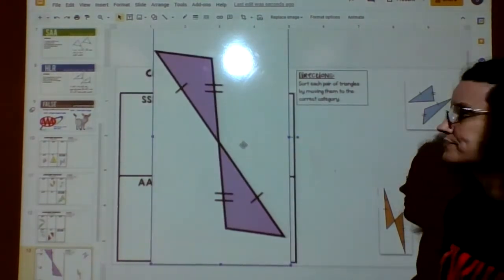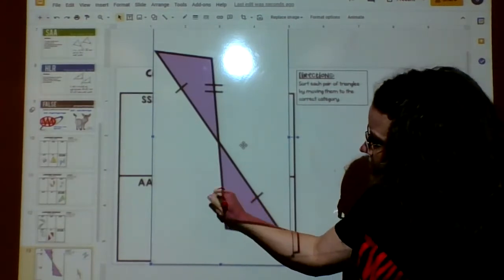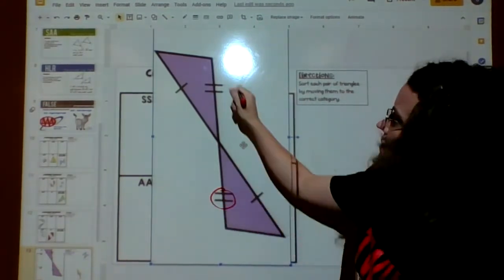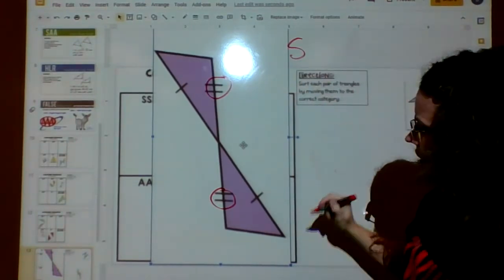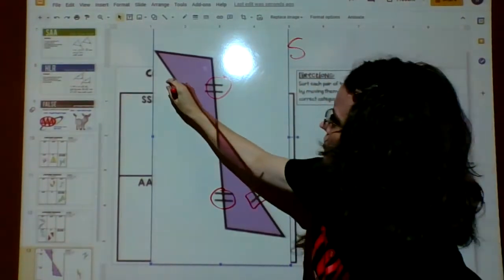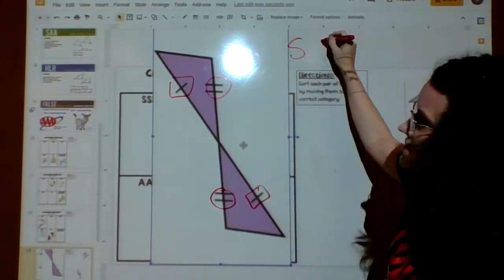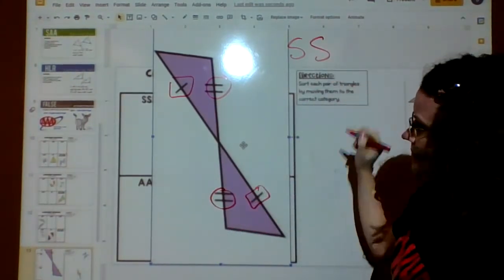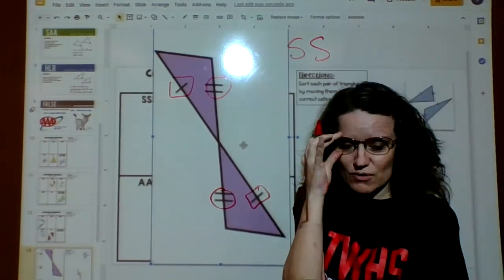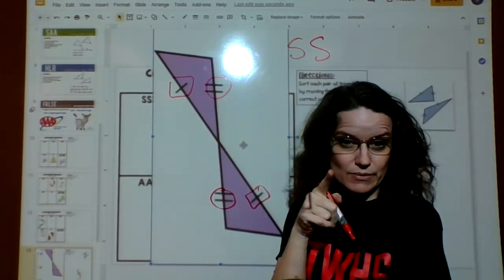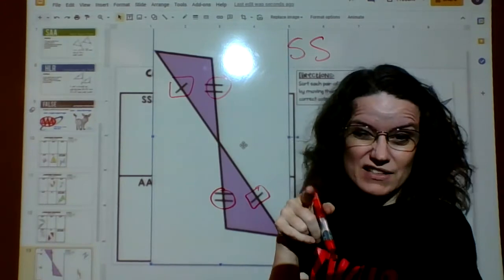There you go. So here I have this side with 2 marks congruent to this side with 2 marks. And then I have this side with 1 mark congruent to this side with 1 mark. So I have a side and I have a side. I guess there's nothing else that's congruent unless you remember that you can tell things are congruent even if